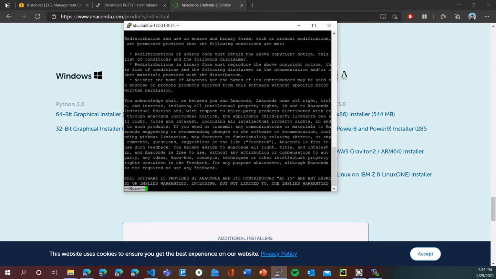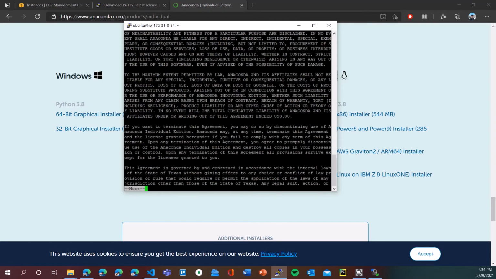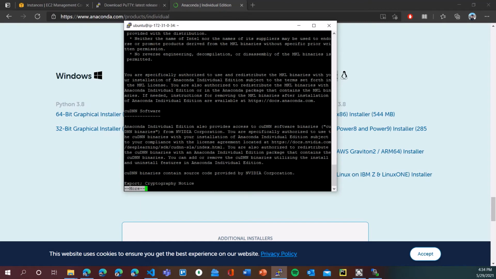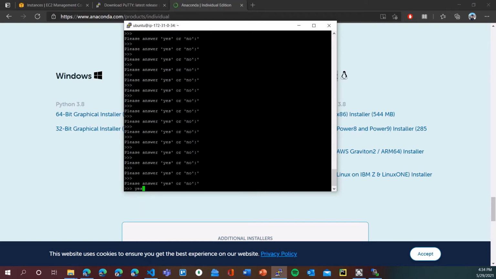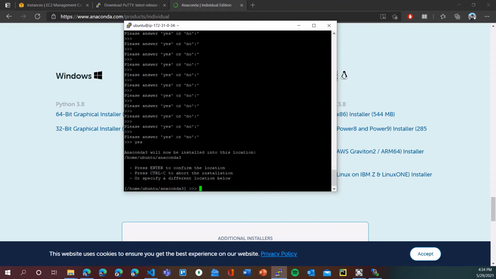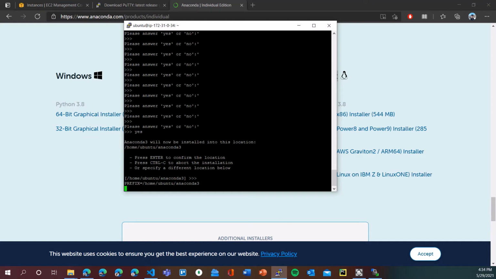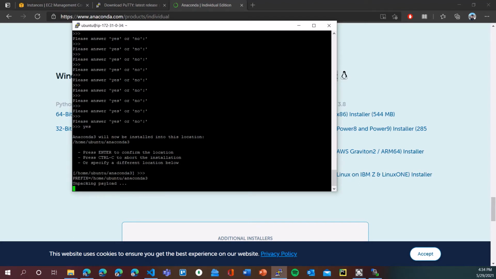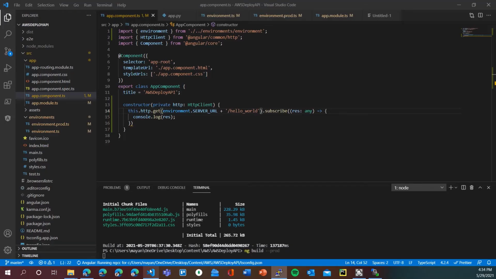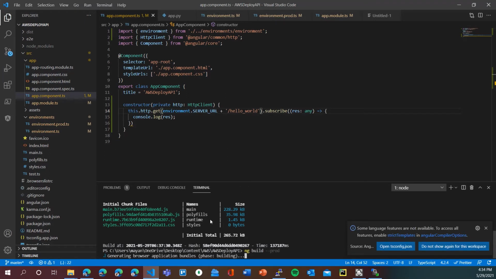Click yes for the license. Choose the default path and let the Anaconda install. This is going to take a bit of time, so let's wait for this Anaconda to get installed. Our Angular is also being built. So till Angular is built and our Anaconda is installed, we can have a look at our